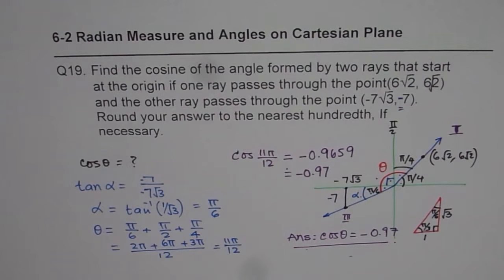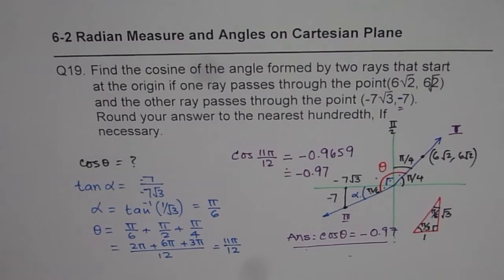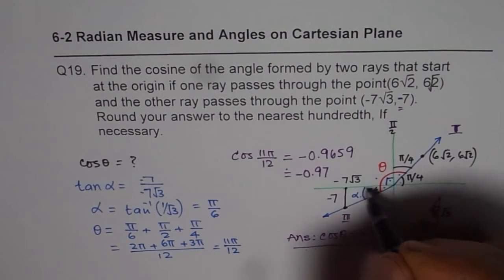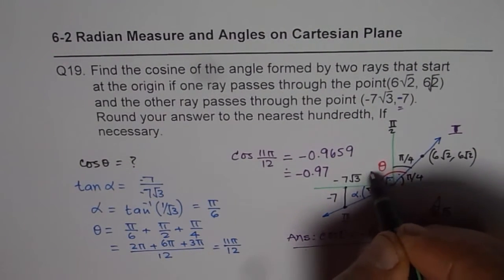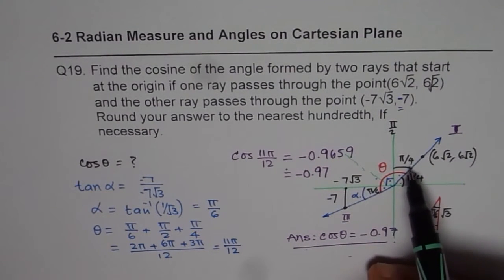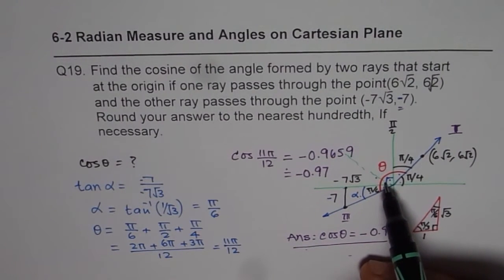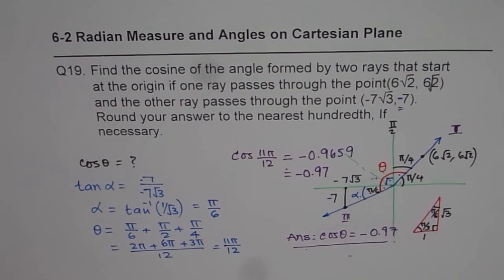I hope that helps. Now you can solve this question with positive 7. In that case, for positive 7, this line will be going in this direction, correct? So you will in fact add pi by 4 and 90 minus pi by 6, correct? So that will give you a different answer. You can do that part